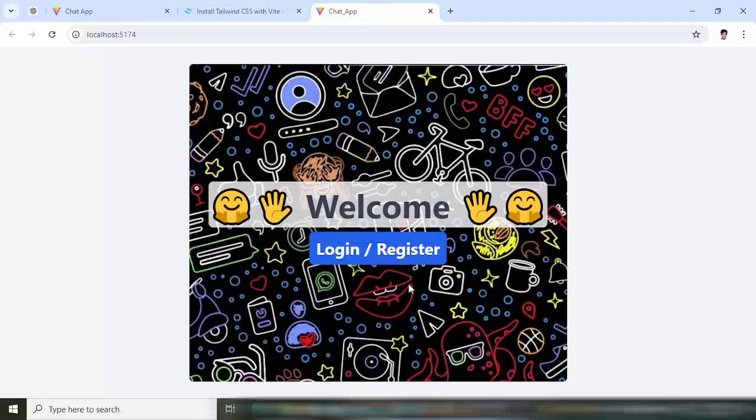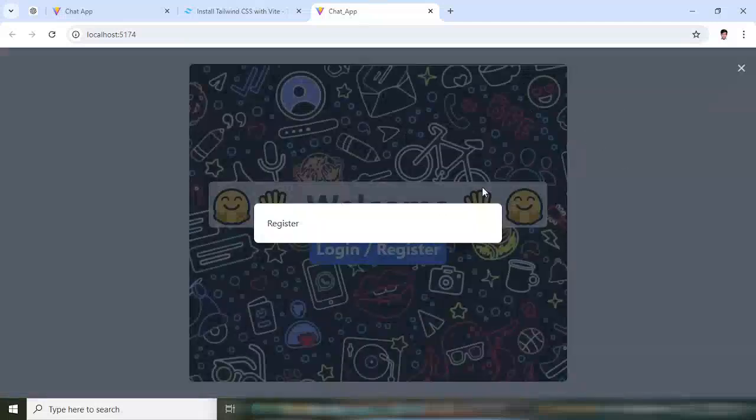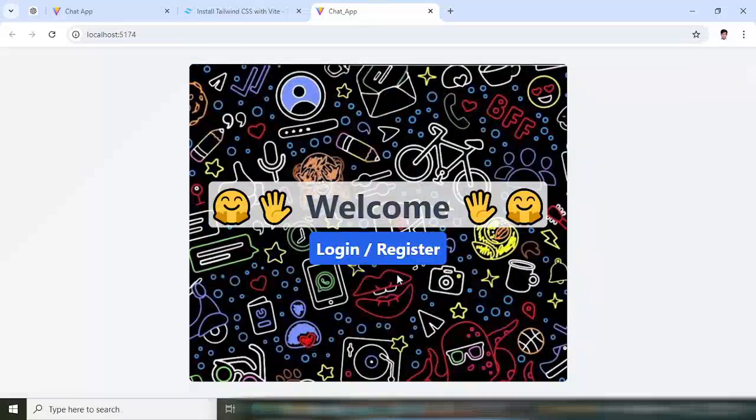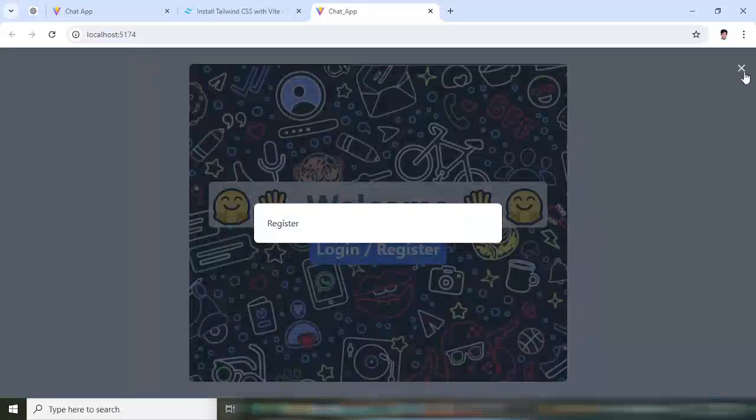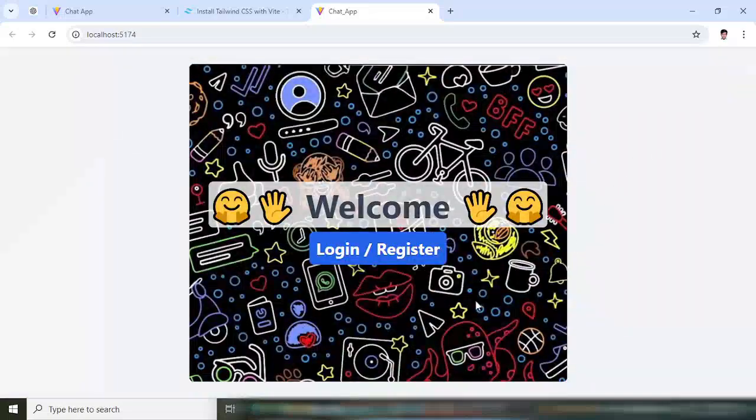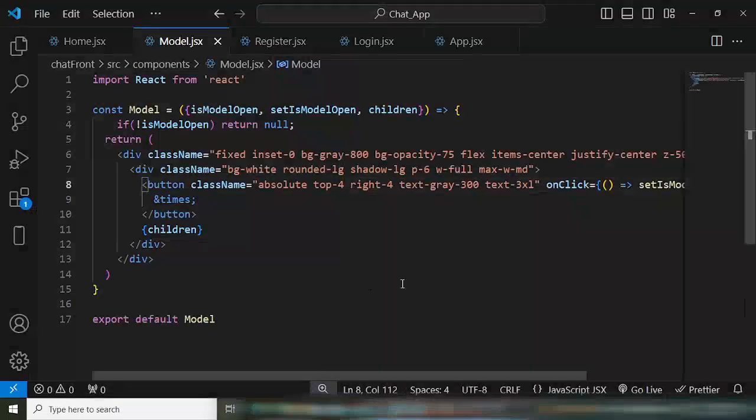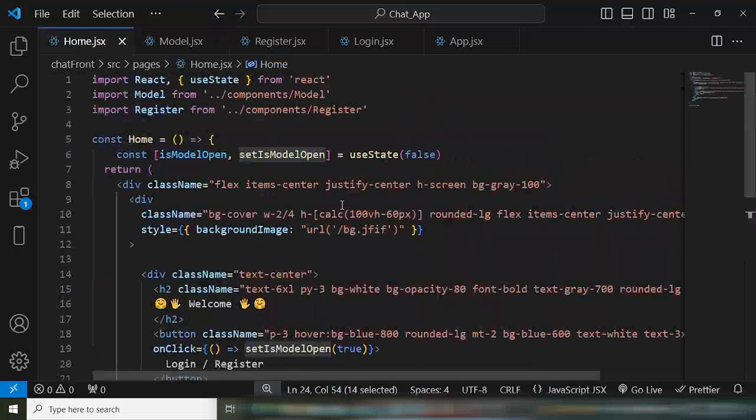Just come back to our chat and press this. Look, our modal has been opened, and whenever we press this button, it will be closed like this. Now let's design. We should open register and login. So for that, to open register and login, let's move to create another variable in the home,